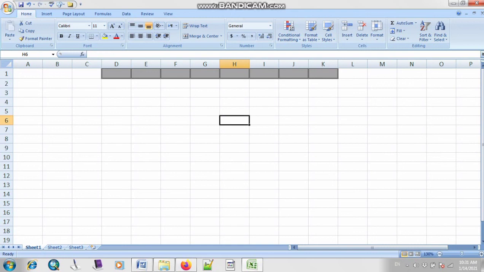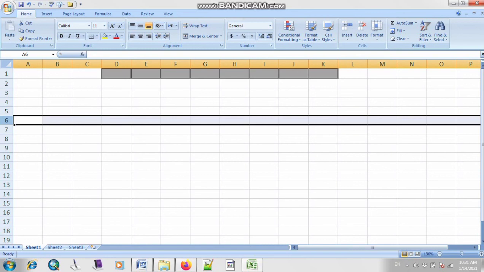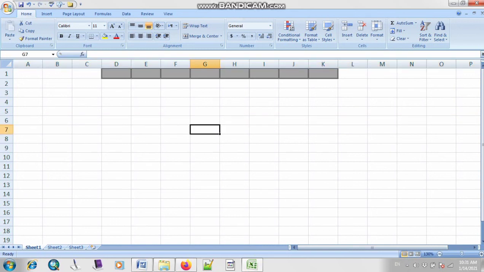That is your office button, your title bar, ribbon bar, quick access toolbar, status bar, and then your horizontal or vertical scroll bars, then your columns, these are known as your columns, then your cells, then your rows, and what is a cell. Then you have to write all these components in a file of Microsoft Word. Then you have to explain these components in one line or in 2 lines. Then you have to send that file to me. So this is not a difficult task. You just have to remember all these components, watch the video and clear your